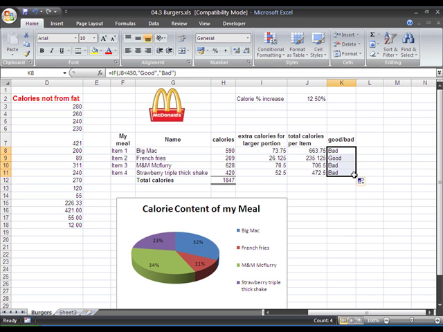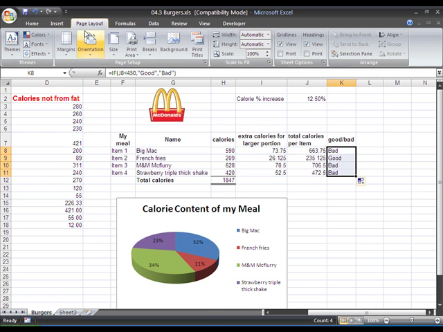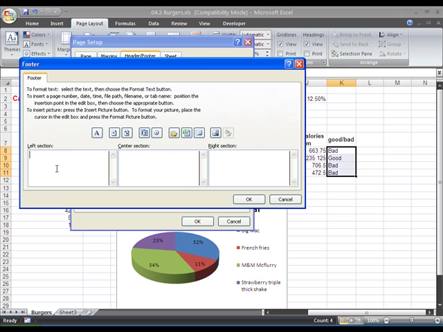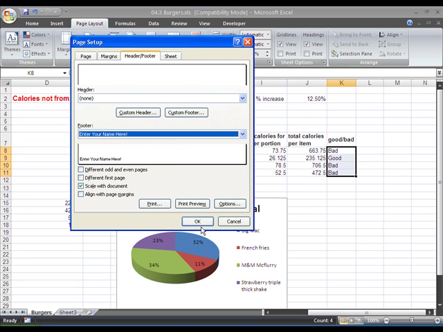The last remaining thing is to put in a footer containing our name. That's always done in page setup in Excel, but the option to put in header footer isn't in the ribbon, so we go into the extra options and create a custom footer. And in the left-hand section, we can enter our name. Page break lines have come on now,